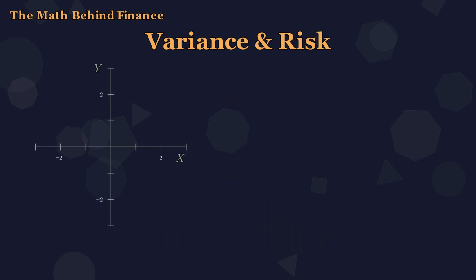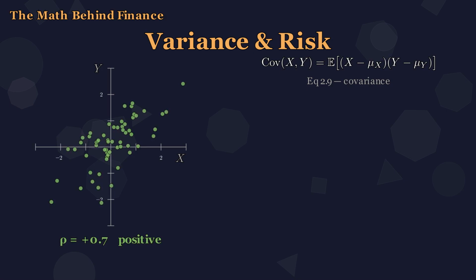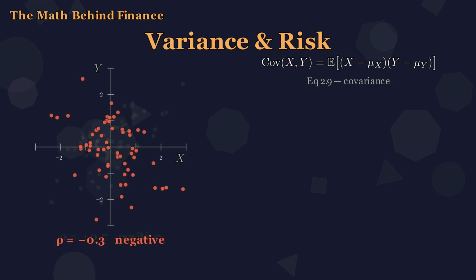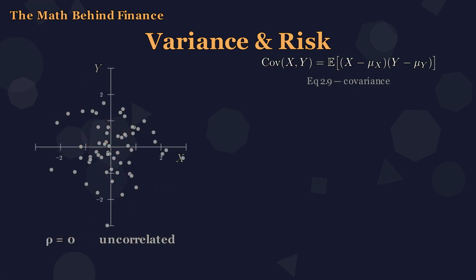That handles one variable. But the world rarely gives us one variable. We have stocks and bonds, returns and volatility, pairs, triples, whole portfolios. Covariance measures how two variables move together. Positive covariance, stocks rising on the same good news or falling together on a crash. Negative, bonds climbing while equities fall, the classic hedge. Zero, movements that are uncorrelated. Each variable acts as if the other does not exist.